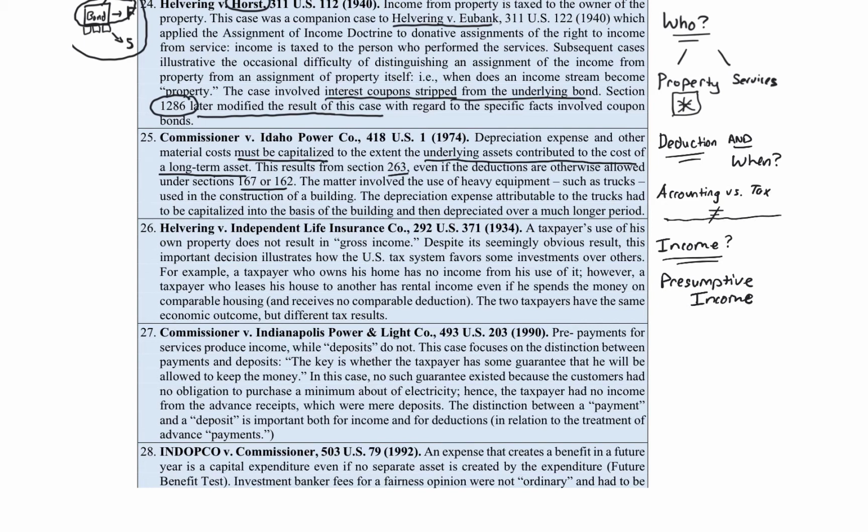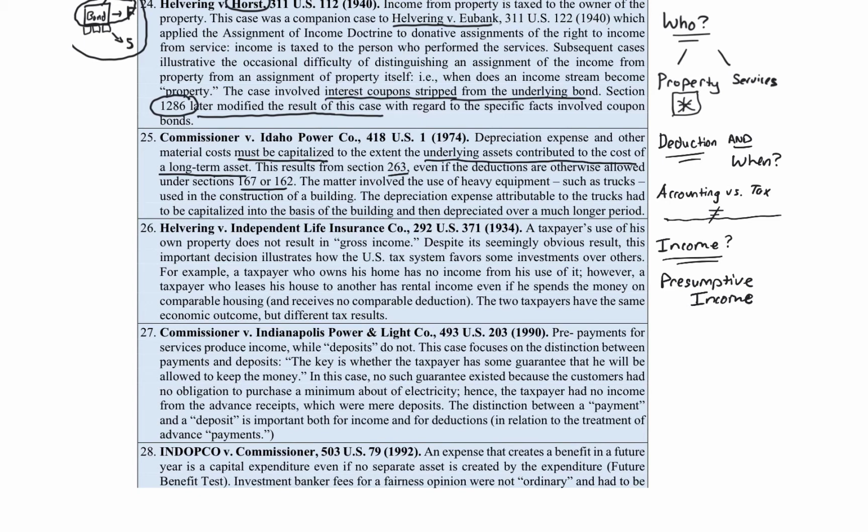When you use your property or perform services for yourself, presumptive income comes into play. Think of it kind of like opportunity costs. If you paid somebody to mow your lawn, you would have paid them, let's say, $100. If you do it yourself, economically, you have $100 of income. That's presumptive income. Because it would have been $100 you would have had to pay somebody, and you're actually doing the work for your own benefit. You're actually performing it.